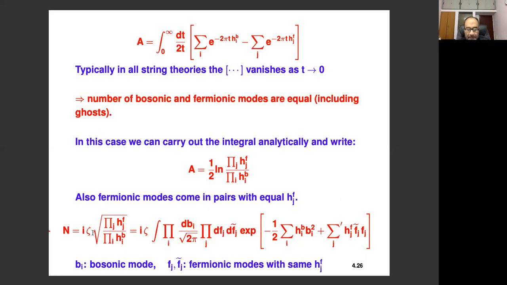In fact, this is the path integral in the Siegel gauge, because the eigenvalues that you are counting are L0 eigenvalues, and we know that it's in the Siegel gauge that the kinetic operator is L0. So this I'll rewrite as the integral over the bosonic modes, integral over the fermionic pairs, of exponential minus half h times b squared and then h times f tilde f. So a pair of fermionic modes for each h. This prime means that you are summing over only pairs, so the number of terms in the sum here is half of the number of terms that appear here. And the normalizations are important. It's precisely this normalization that gives you this ratio.